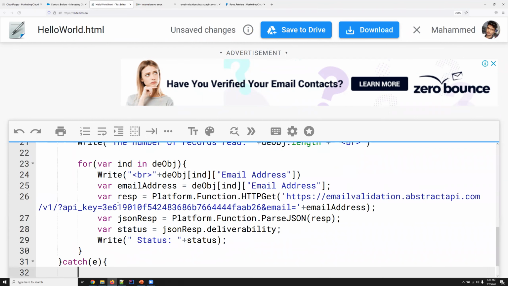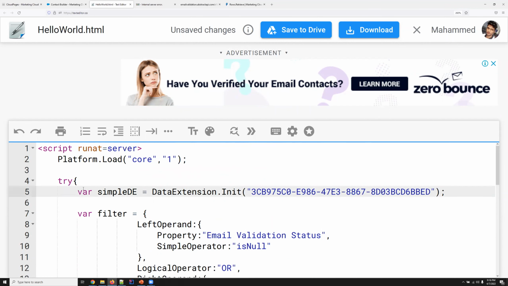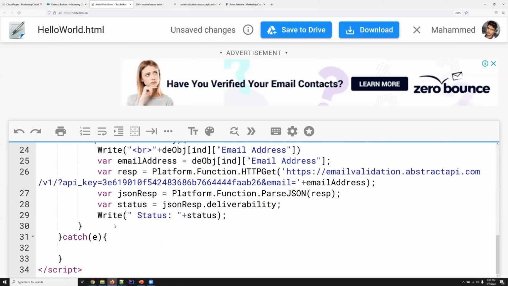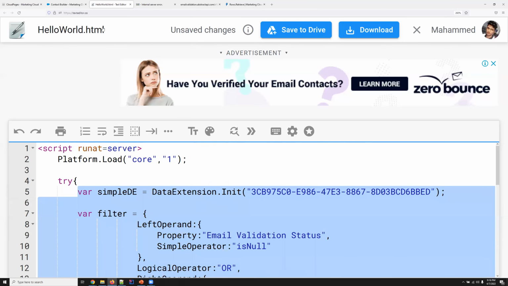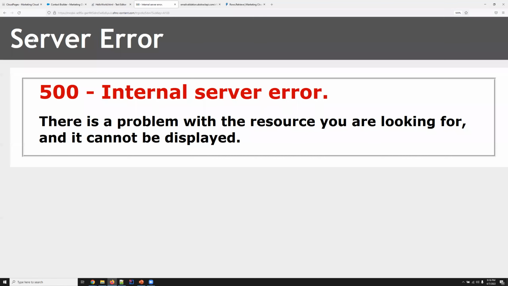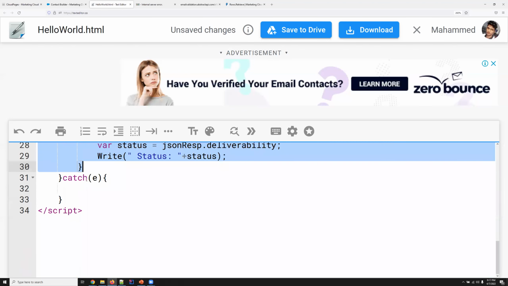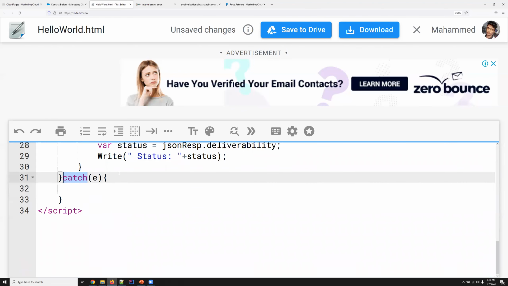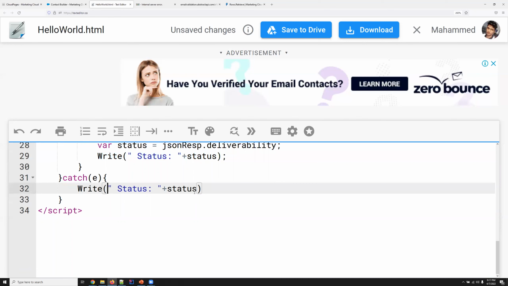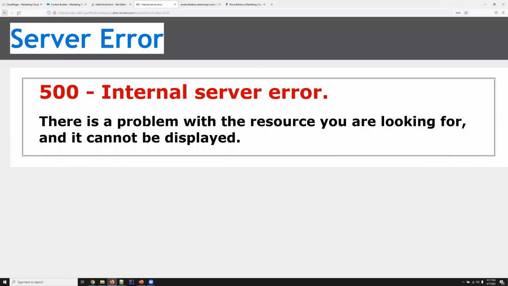So what this code does is, if you have any runtime error inside this try block, instead of throwing this kind of internal server error screen, this error is going to be thrown, and it will be caught by this catch block. So this catch block will basically catch that error, and it will do some action. The action we want is to print that error. To print that error, I'll just use the stringify method again. E is also in a JSON format, and I need to convert it into a string to print it. So if I do this, now if I go and refresh the code,